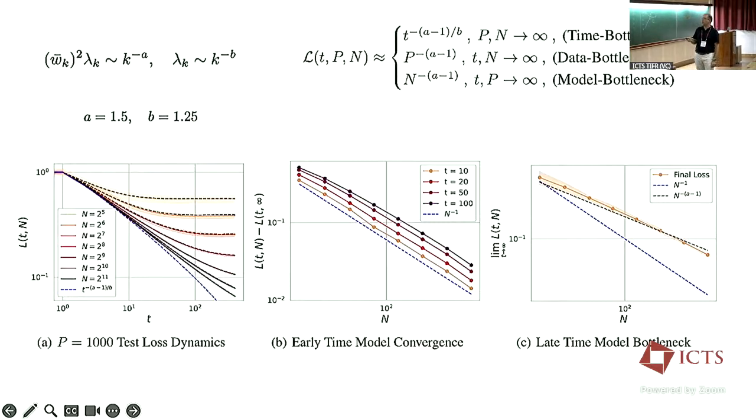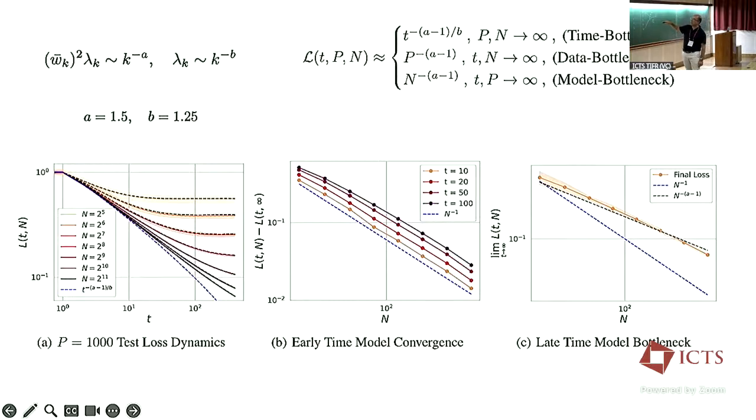What you're seeing first of all is that this curve over here should be the N going to infinity curve. This is telling me when I'm just training time bottlenecked. For all the other models, I start falling with some exponent, and then I start saturating. What's happening here is that early in time I have a lot of data and I have enough parameters, so I'm following the time bottleneck curve.